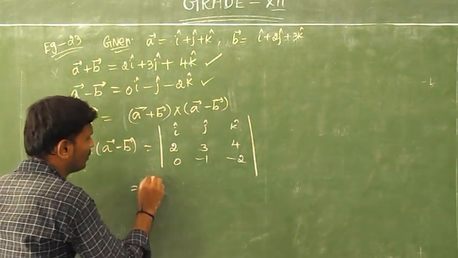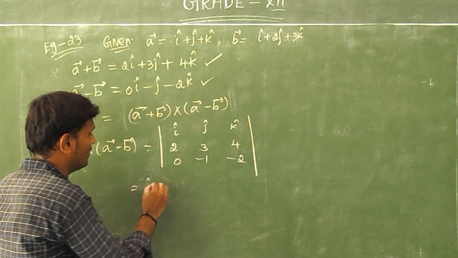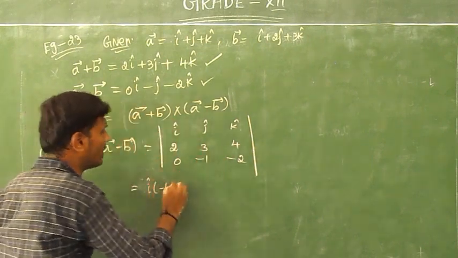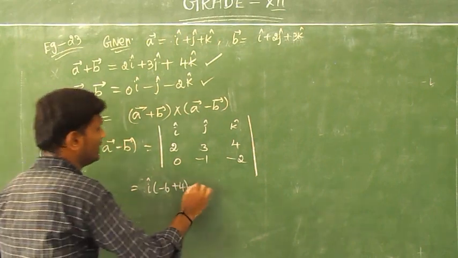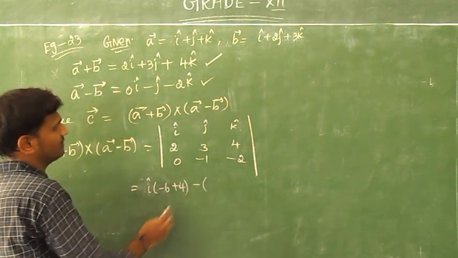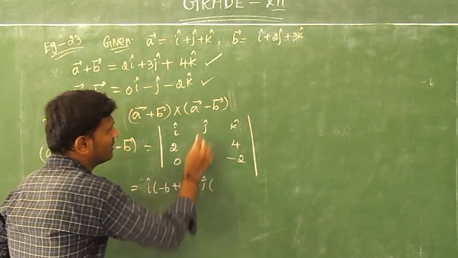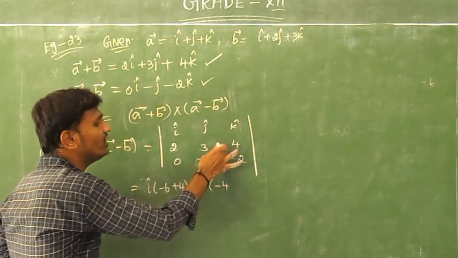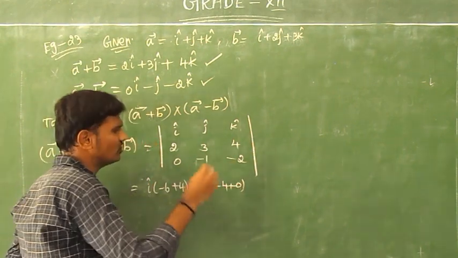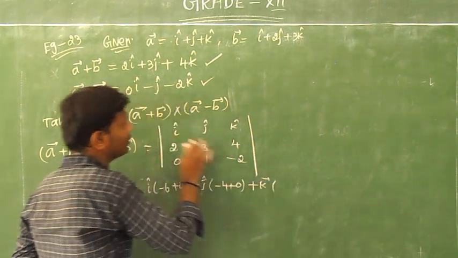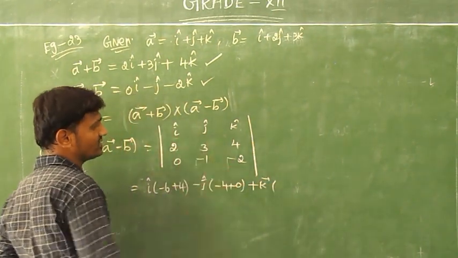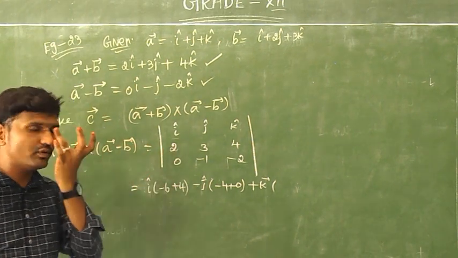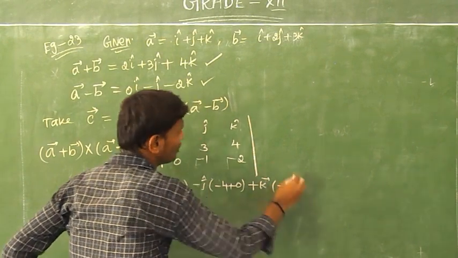Okay. So now i vector into, see, 2 3s are 6. Okay. So minus 1 into 4 minus 4, then minus minus plus 4. Now minus, you know what j vector into, so leave these 2, it will come 2 into minus 2 minus 4. Then 0 and anything 0. Plus or minus 1. Then plus k vector into, so leave this row and this column. It will come 2, 3, 0, minus 1. Now 2 into minus 1, what will come? Minus 2. So 0 and anything 0.